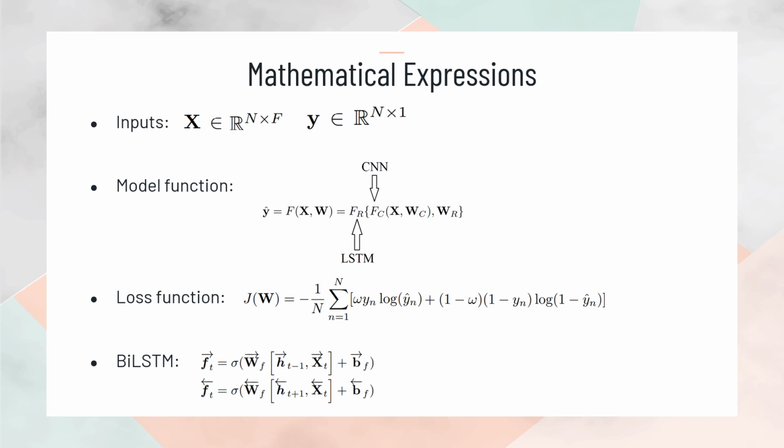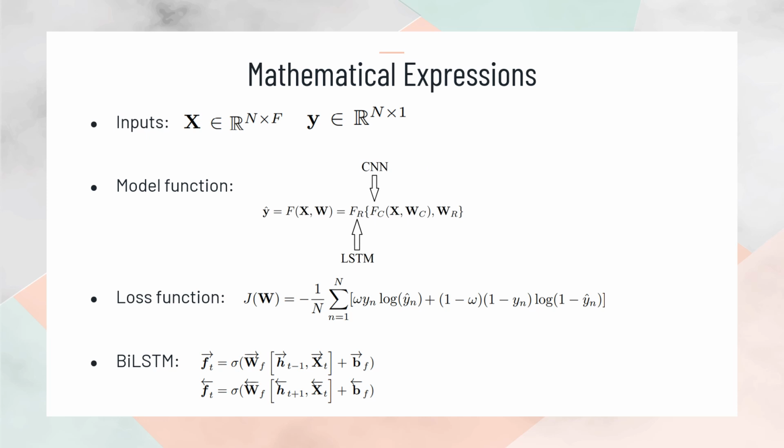Let's understand the maths behind the block diagram. We take input AMI data represented by X. It has n data points with f number of features. So the vector dimension is n by f. The output is simply 0 or 1, represented by y, so it has length n. The ultimate model function f of x,